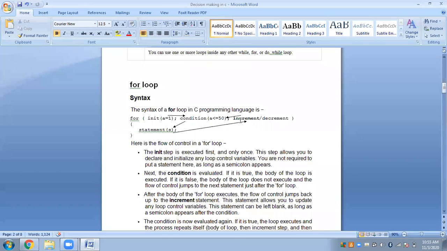Now once incremented, the roll number will be 2. Now you will check that roll number against the given condition. Is the value of A equal to 2 less than equal to 50? Yes, true. Then again you come inside and execute the same statement block. Again you increment the value. Now A becomes 3, right? Again you check it against this condition. Is 3 less than equal to 50? True. Again you execute the statement block and get back to the increment part. Can you understand how it is flowing? A will be incremented by 1, A becomes 4. Is 4 less than equal to 50? Yes, 4 is less than equal to 50. So roll number 4